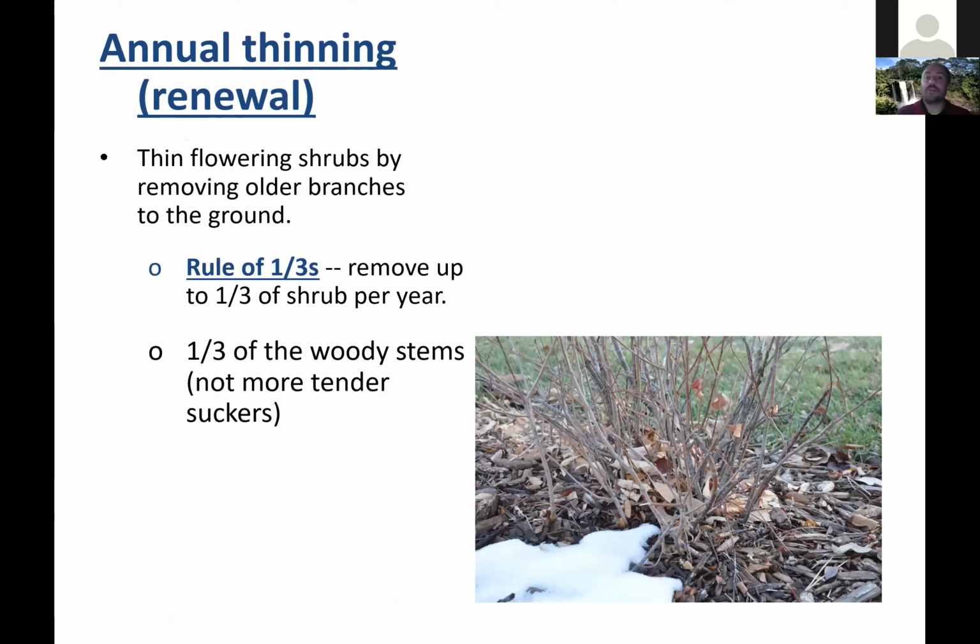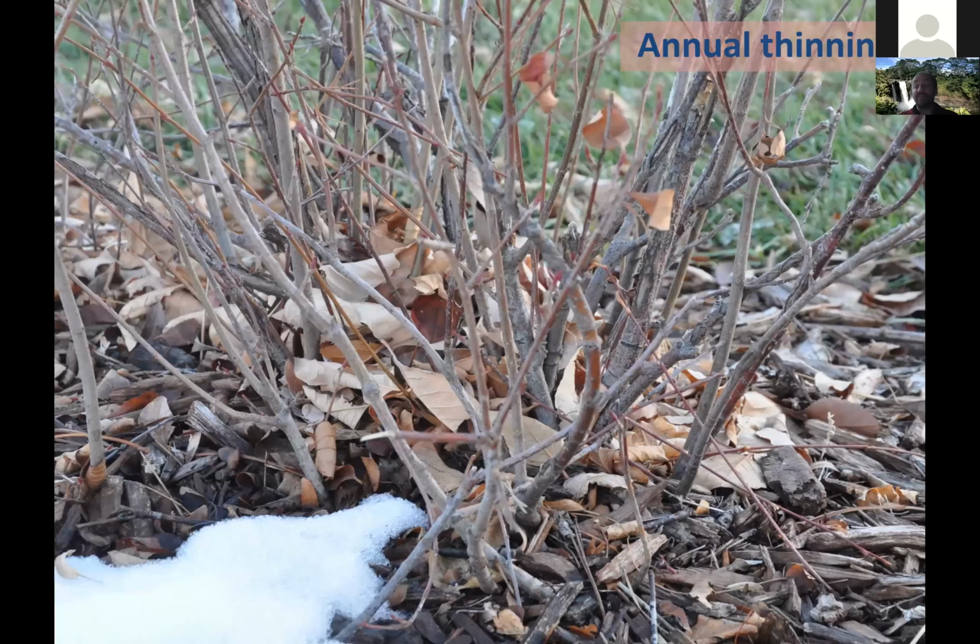On the other hand, you could do annual thinning, which does in fact encourage new growth from the ground and so is better for flower production. So with annual thinning, which is sometimes called renewal pruning, you remove 1/3 of the shrub's stems at their base every year. You want to try to remove larger, more woody stems. You don't worry about suckers as much, the new growth. Focus on counting and removing 1/3 of the older woody stems. So on this one, you'd count them up and say there's 16, you remove, or that's a bad number. So there's 18, you remove 6, right?